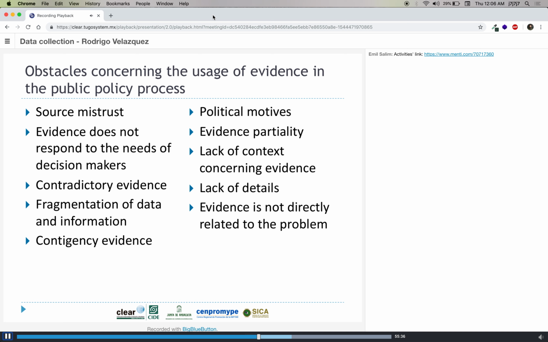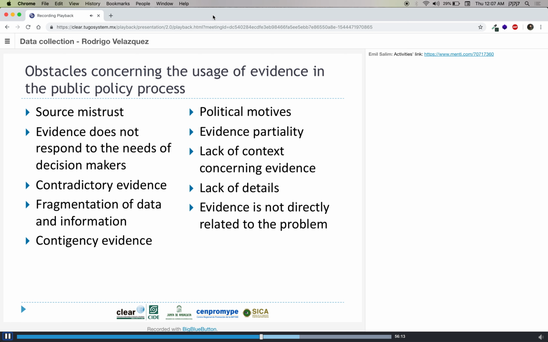And of course another thing has to do with contradictory evidence because unfortunately the evidence that someone can collect is not going to be related all the time. So to solve this, we're going to talk about this later on, but to be able to solve this we have to analyze the context. If there are two types of contradictory evidence, we have to analyze where it was applied and where it worked. So this can be achieved through a more detailed analysis.